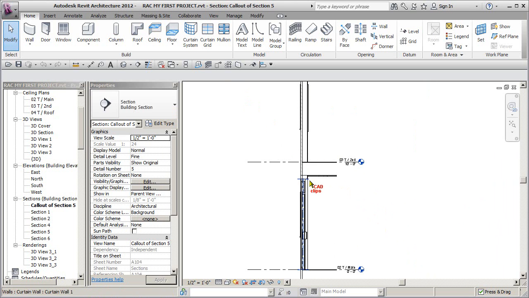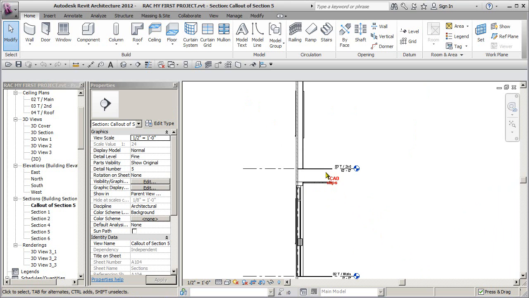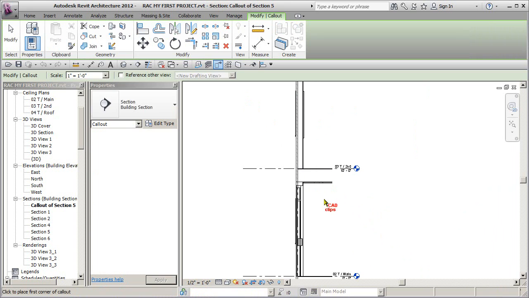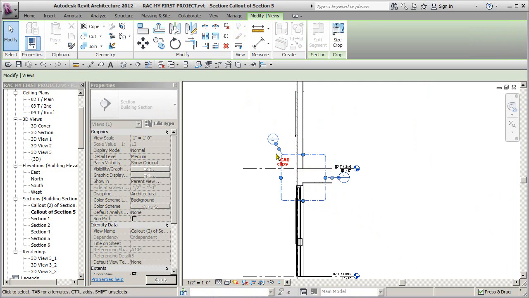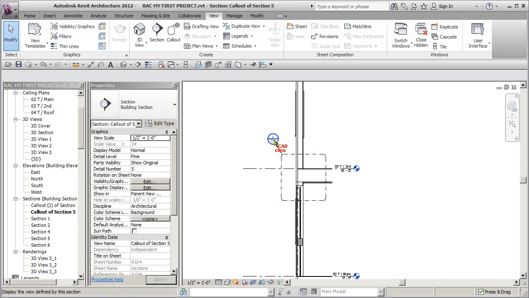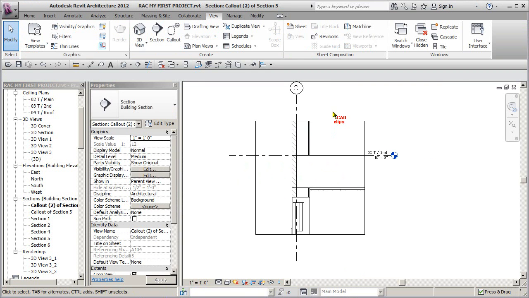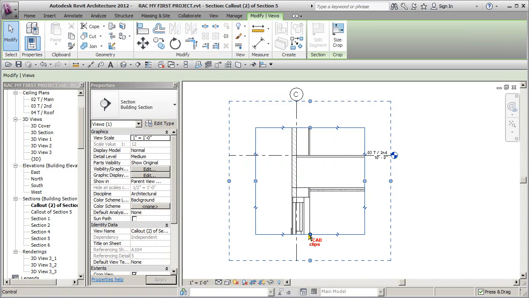From there, for instance, I want to do another little call out or detail here. So I'm going to go up to my View tab and then click my call out tool, click, click. Pick on here. I usually move my bubbles to the outside, and then you can bend this around, etc. if you want. So now I double click on there. Okay, so now once I get inside of here, we have